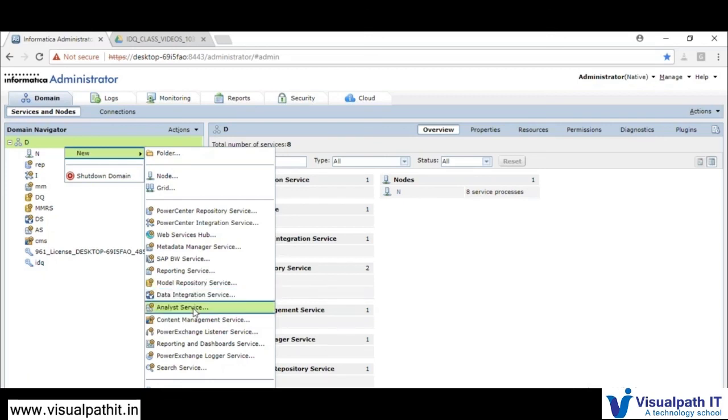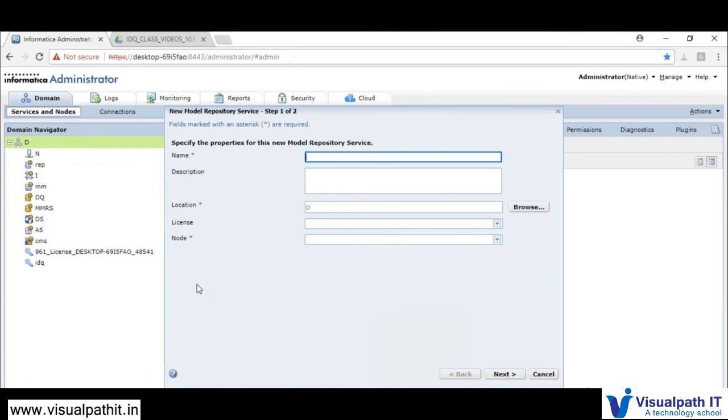So we will see what are all the steps involved in creating the model repository service, data integration service, and analyst service. So you are selecting the model repository service, creating a new model repository service. It's a simple 2 step process. You have to provide your own model repository name. You have to provide the name as mandatory, and the location, and you need to select the license. So the appropriate license you will be selecting. And once we have selected the details, the next step you need to